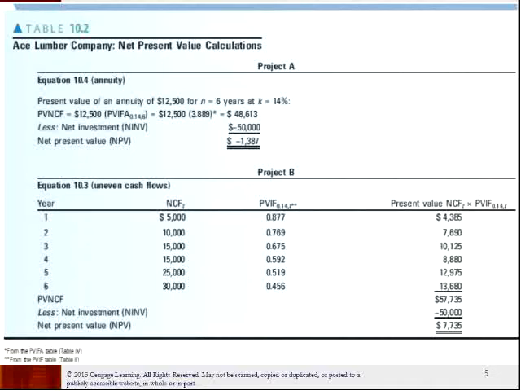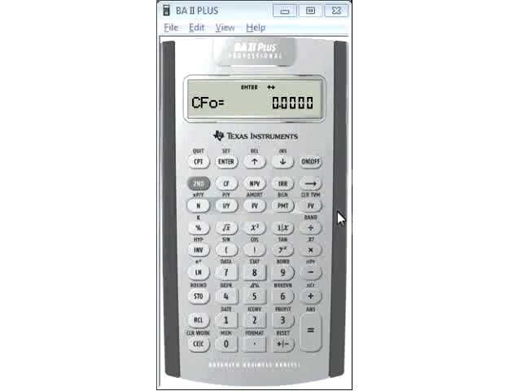Well, let me show you all how to do that. Where is it? Uh-oh. Let's see. Now let me see this. Will it read it? Ah, there you go. It is now reading it. Now, cash flows, second clear work. You can all see my calculator, right? You can all see it?